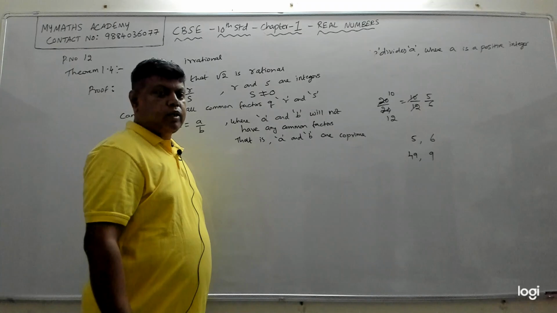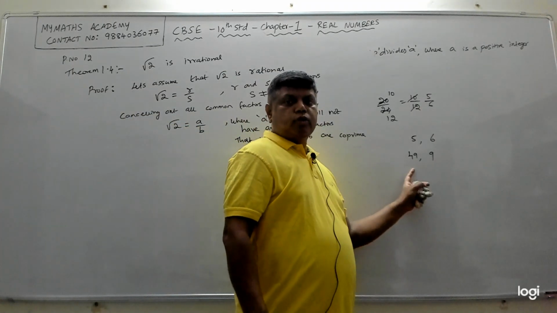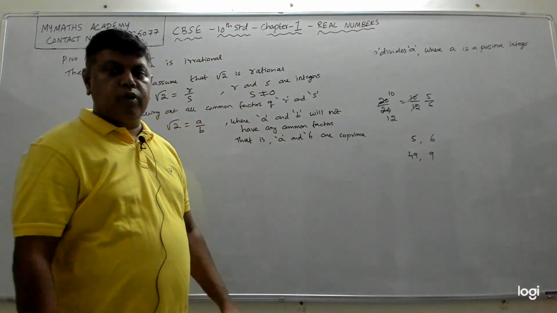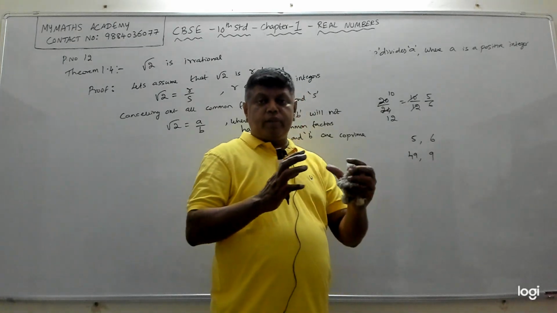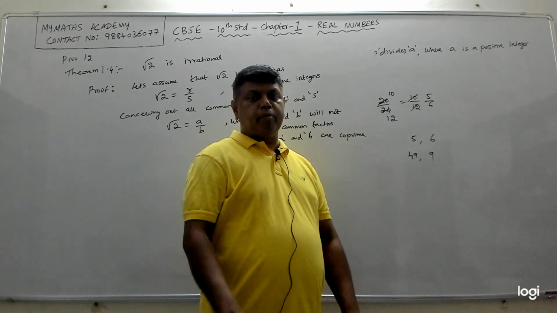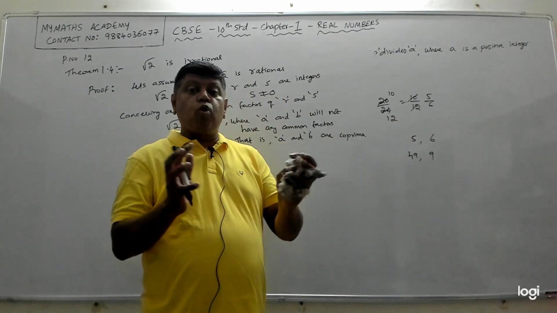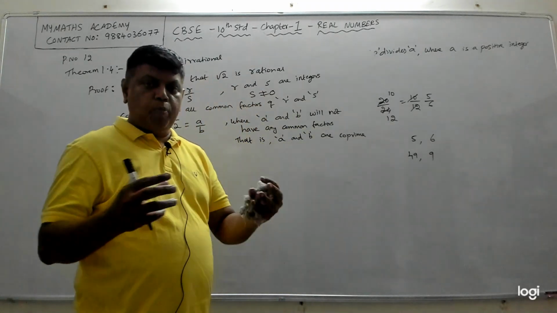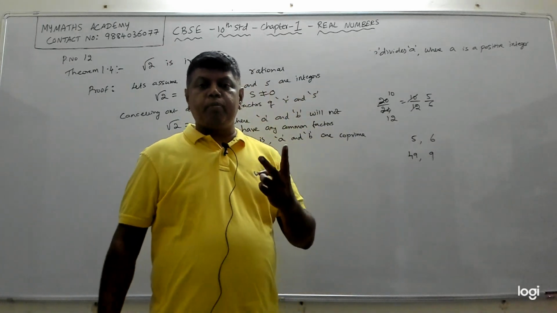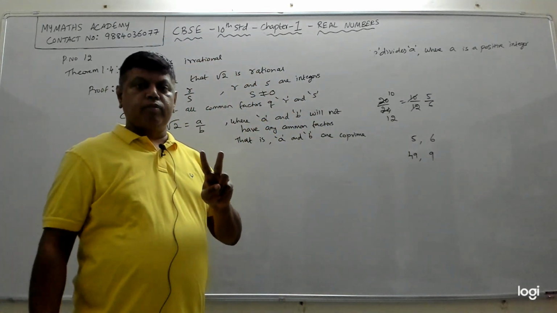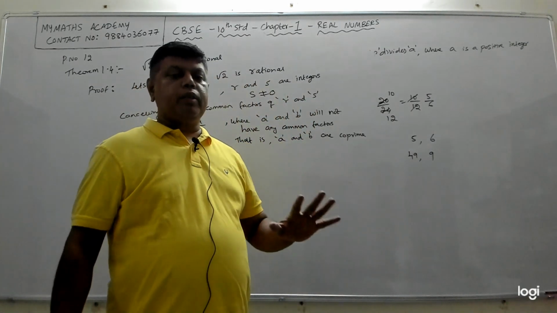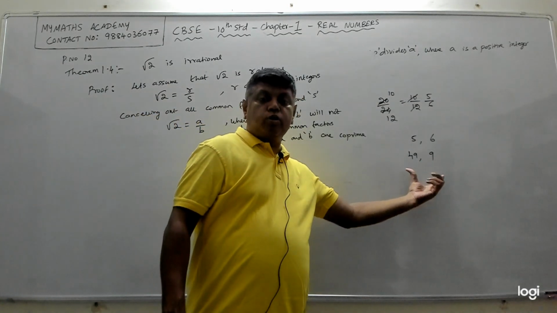49 and 9 are co-prime because there is nothing common. There is no number that will divide both 49 and 9. Then we call 49 and 9 together as co-prime. But individually if you see, they are not prime. 49 is not a prime number, 9 is not a prime number. But together we call them co-prime, which means there is no number that will divide both. If there are two numbers such that there is no number that will divide both other than 1, 1 will always divide all the numbers. Except 1, there is no other number that will divide both. Then you call those two numbers co-prime.